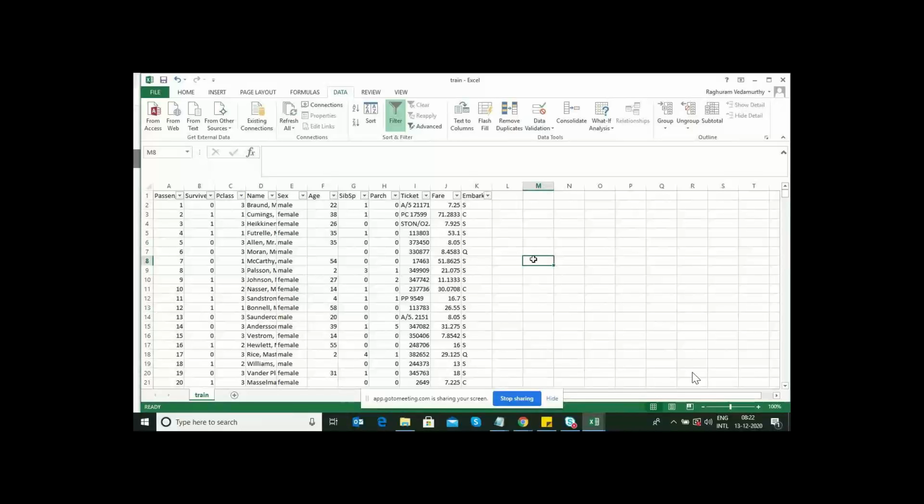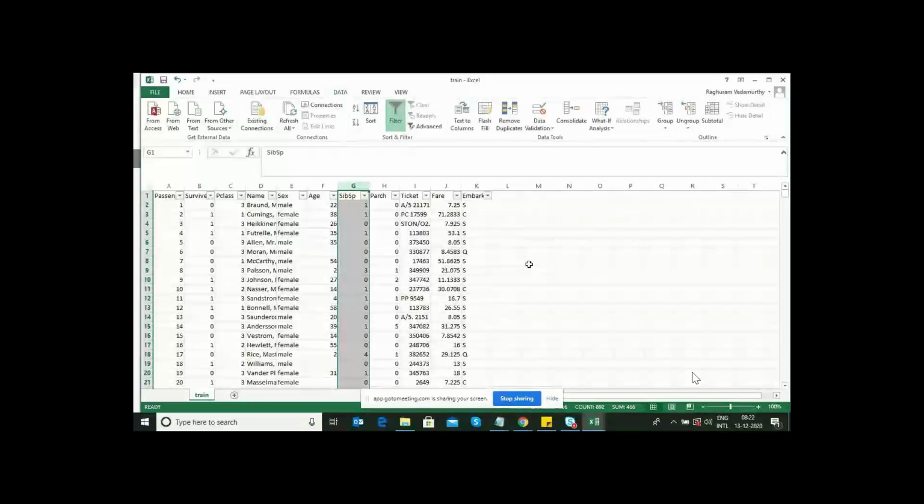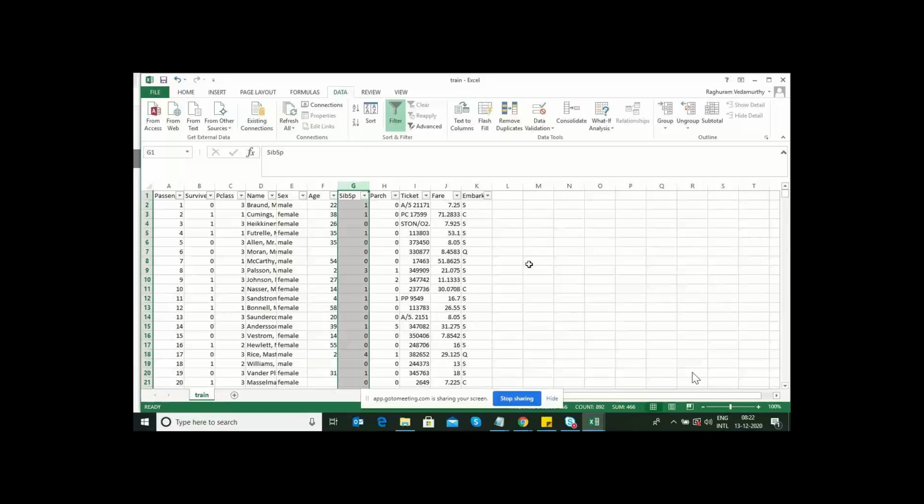You also have a column of sibling and spouse. If a person is traveling with his wife, or with his children or parents, that can also impact whether a person will survive or not, because people do not leave behind their siblings and say, I am going to survive, you can come behind me. So those are variables that can impact the survival status. The idea was that this is the data we have captured, and if another Titanic-like ship goes and some tragedy happens, what kind of people will survive and what will not? Those things we have to create in this model.